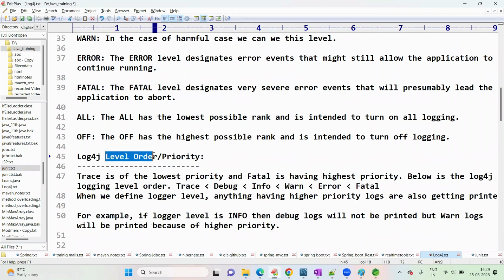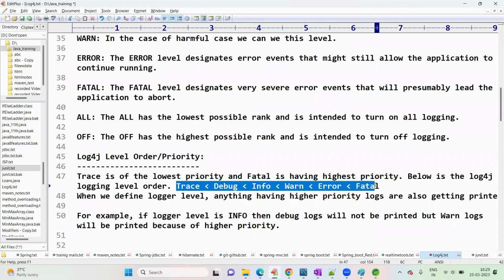Okay, the levels I discussed just now. Priority. What is priority? Every log level follows this priority. First one is trace, debug, info, warn, error, fatal. Just try to understand here. If I enable trace